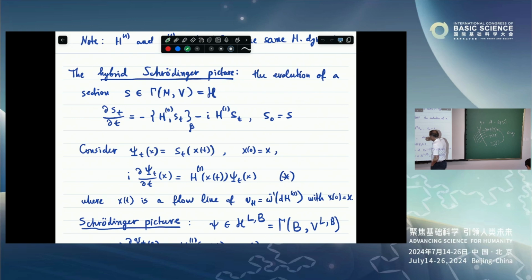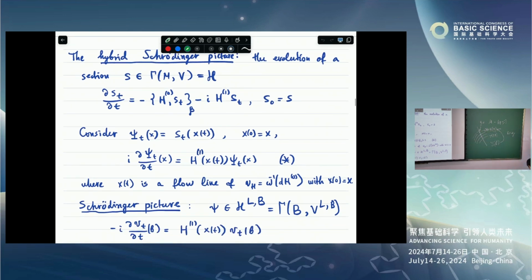So then the sections evolve as we don't have the classical background. This is just the usual quantum mechanics. If we don't have this, this is just the lifting of the classical mechanics to this bundle. But now we have both. So then it's a little bit too much to mix all the time classical and quantum. So we think about it.